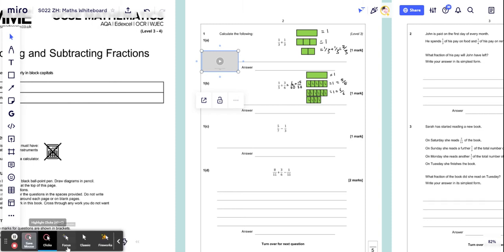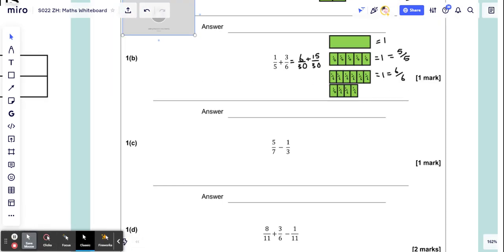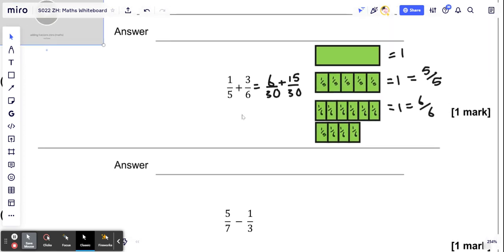So we'll do a little video on simplifying fractions now. I just talked about how to add fractions by getting the same denominator. So what I did is I worked out that these can both be looked at in terms of 30ths rather than in terms of fifths and sixths. And then